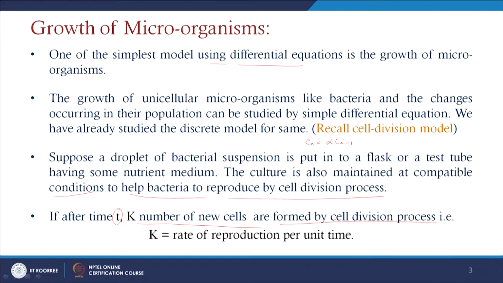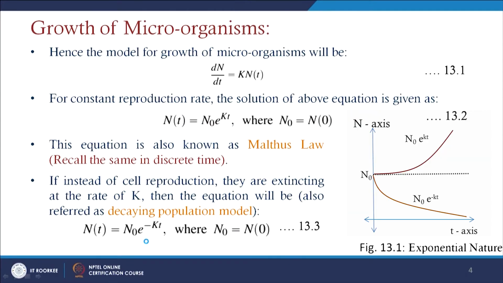That is, we can write the rate of reproduction per unit time as K here. Rate of reproduction means how the cell division occurs with respect to time and how the population growth rate is activated, which depends on this parameter K. Obviously, if we consider the change of population level with respect to time, it depends on K and the number of the population present at the beginning. Hence, the model for growth of microorganisms will be in the form of the change of population N, which depends on the rate of change of this population level times the total number of the population.